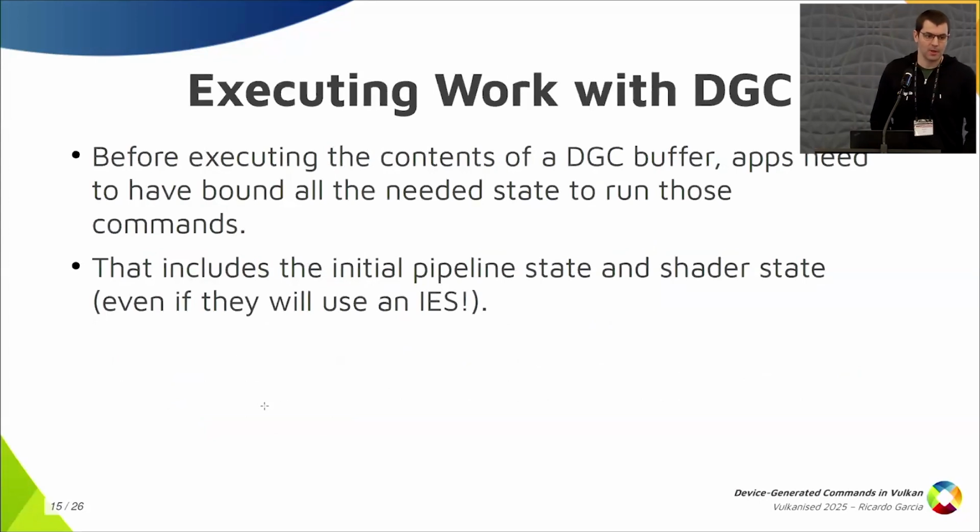So how do we go about actually telling Vulkan to execute the contents of a specific buffer? Well, before executing the contents of the DGC buffer, the application needs to have bound all the needed state to run those commands. That includes descriptor sets, initial push constant values, initial shader state, initial pipeline state. And even if you are going to use an execution set to switch shaders later, you have to specify some kind of initial shader state. And once you have that,